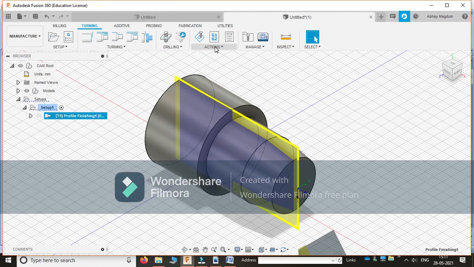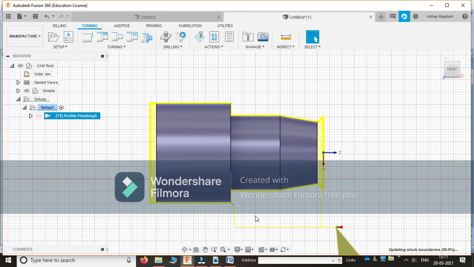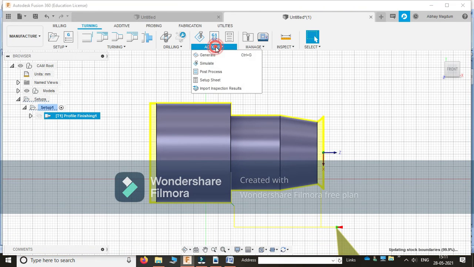Then this is the tool path that all of you are observing on this workpiece. This is the tool path of machining the component. Afterwards, next generate, actions, simulate.